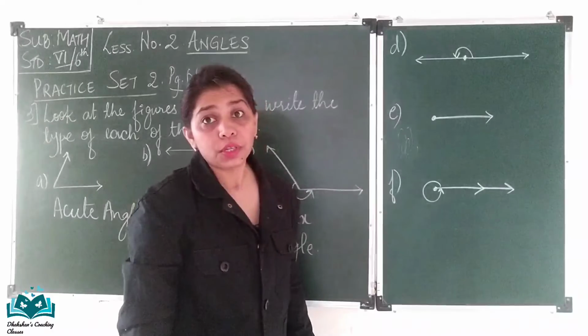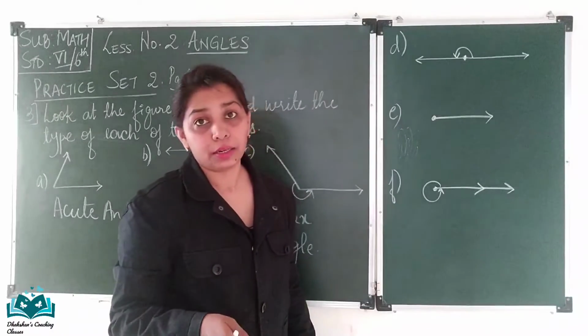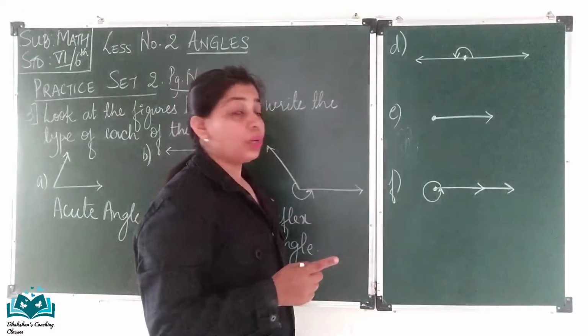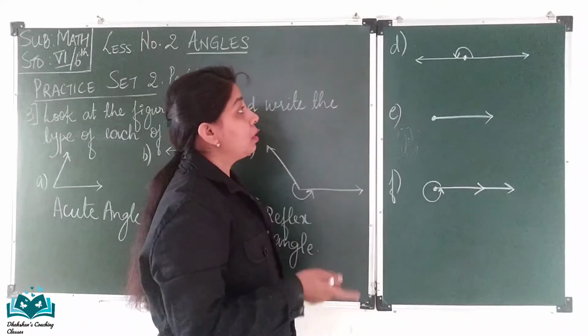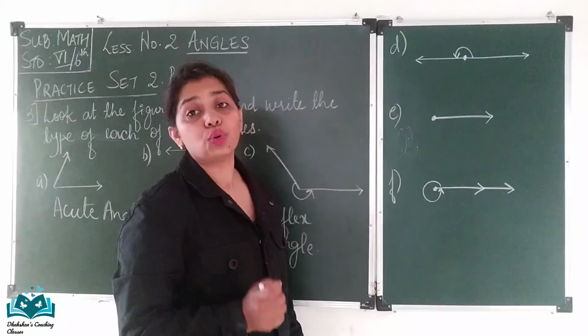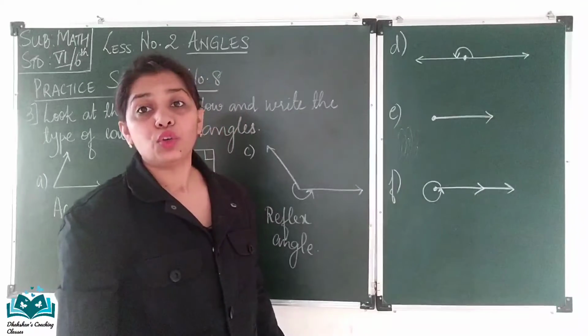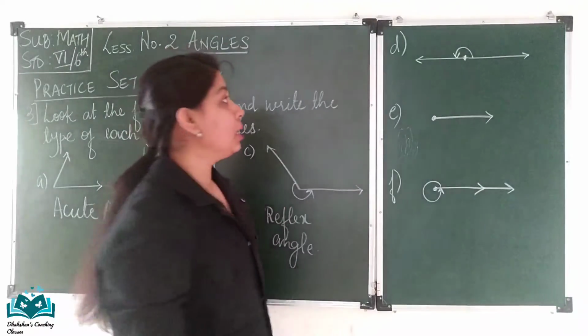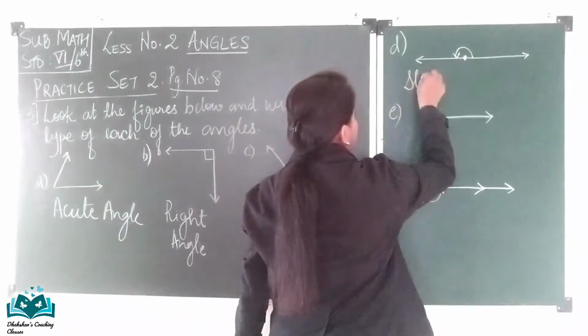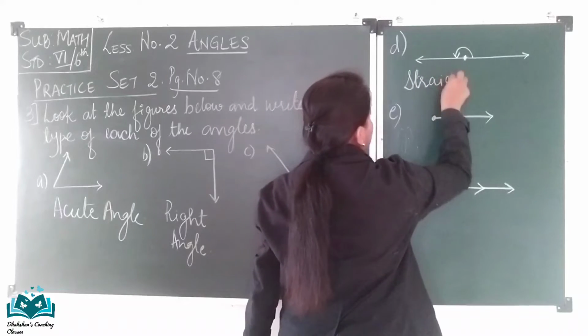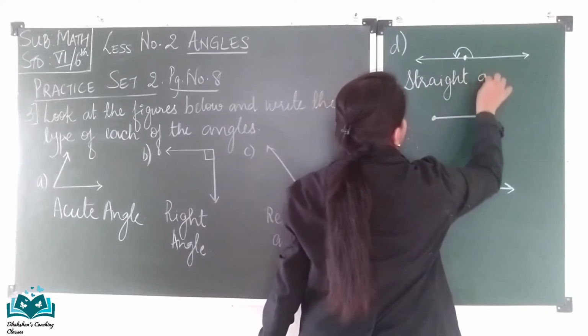Figure D shows a straight line, but the arrow is pointing in the backward direction. So the angle will be your straight angle. Straight